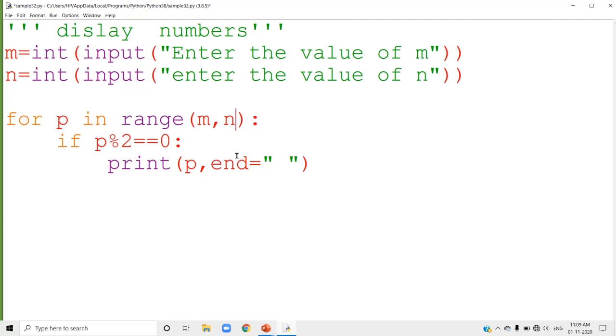All the numbers will be generated. After that, you are checking whether this number is an even number or not. So the generated number will be stored inside the variable p. And you are checking whether it is an even number or not. So if it is even, we have to find out the sum. So I am going to say sum equal to